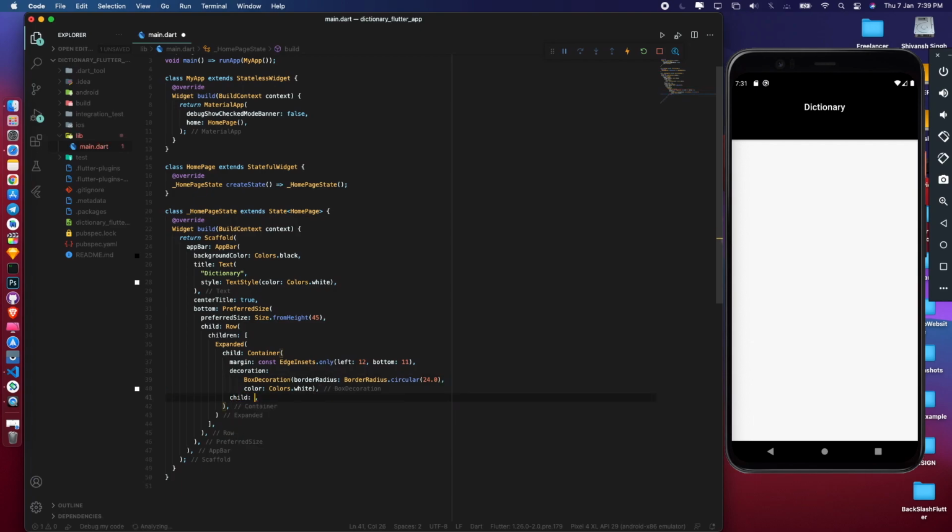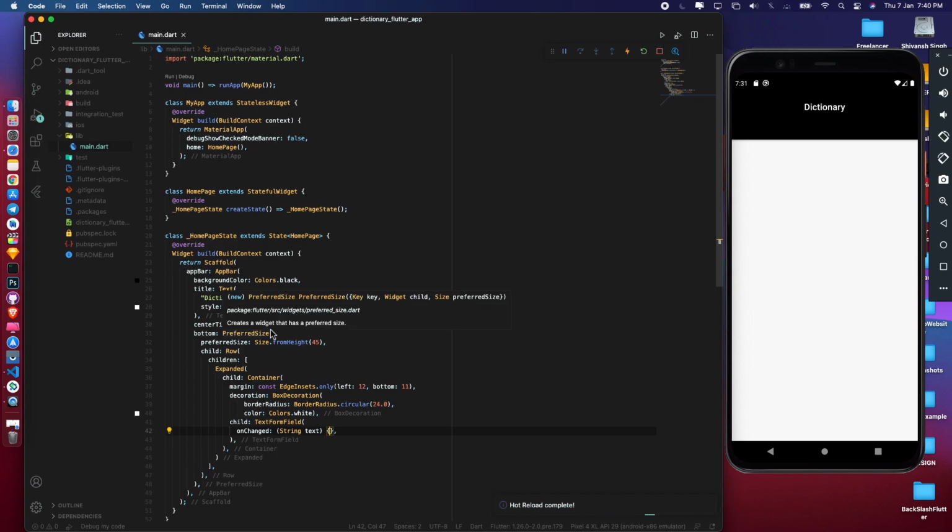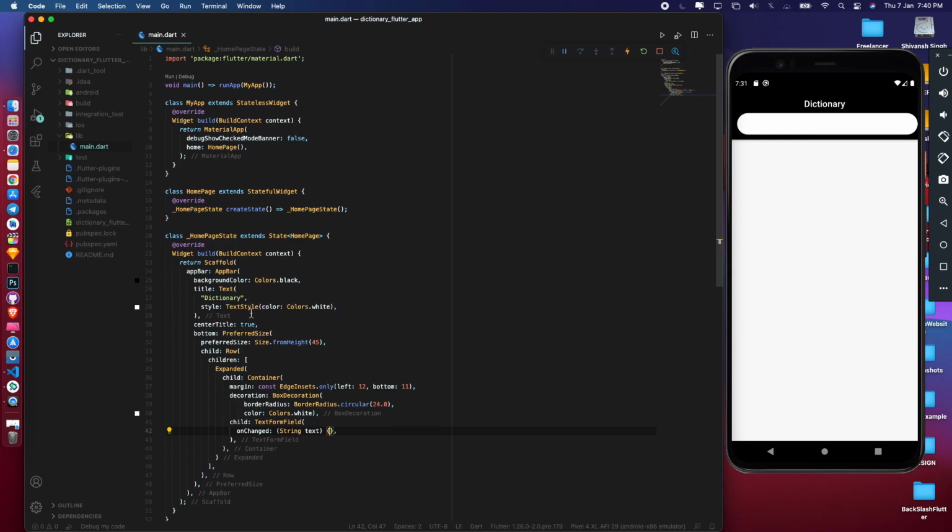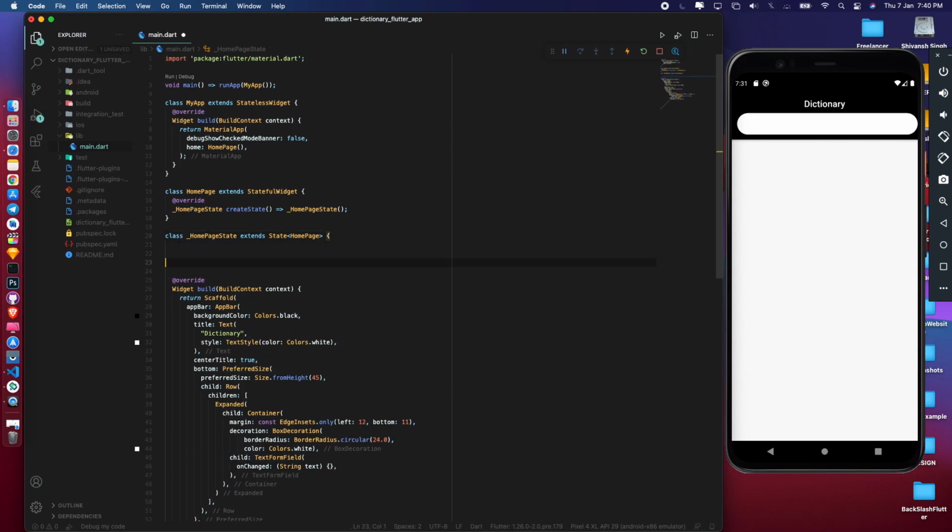Okay, we forgot to add a comma, and I will also write the child in our container, which will be a TextFormField. So in the text form field, before writing anything else, we will need some parameters: onChanged, string text, which is called when the text form is changed while the user is inputting the query. Okay, you can see I hot reloaded the application and the text form is available there.